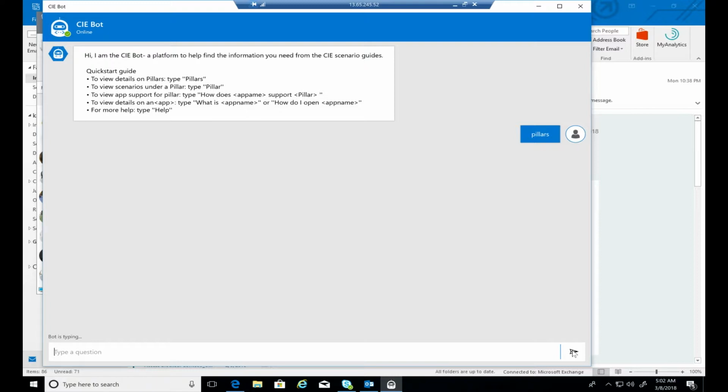The bot is typing, so the bot takes a little bit of time to type. But what it's going to then show you are things that you can then click on, and it's going to start telling you the story that we designed for you to have a conversation with. This is a good way to learn. This is a good way to onboard new folks who are running virtual CIEs, as well as just,